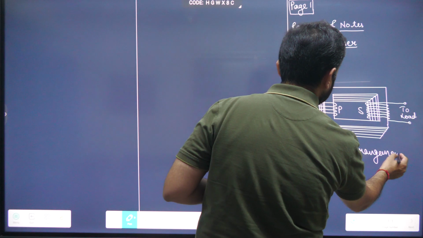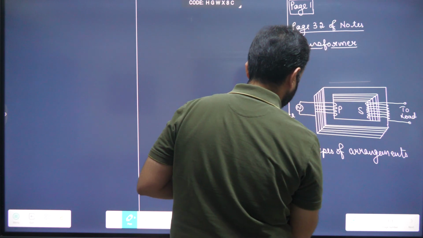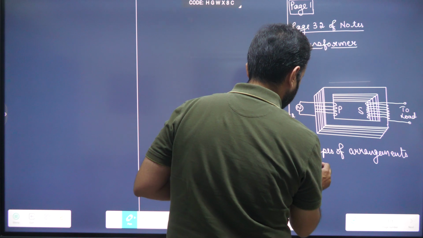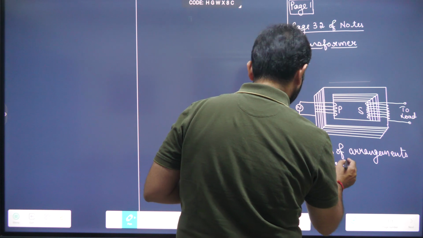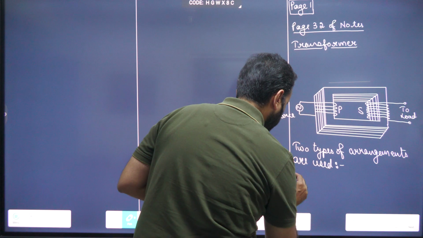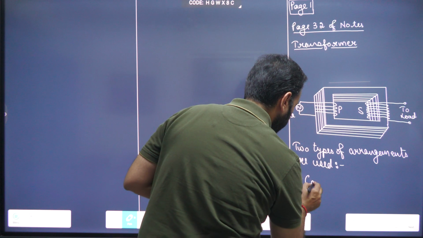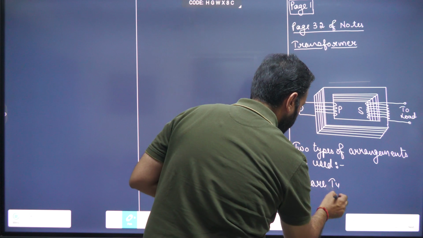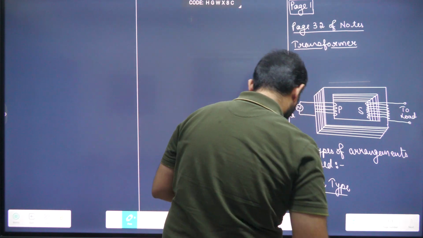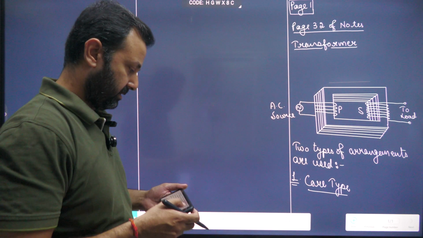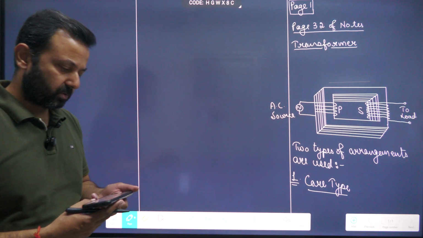Two types of arrangements are used. First is core type. Core type. In the core type transformer,